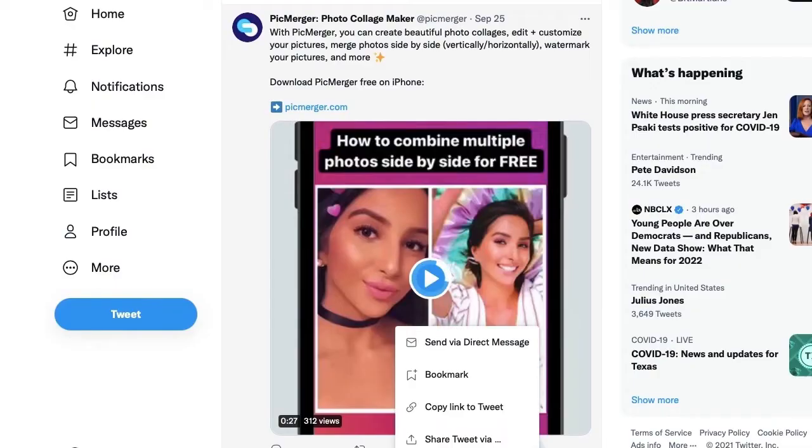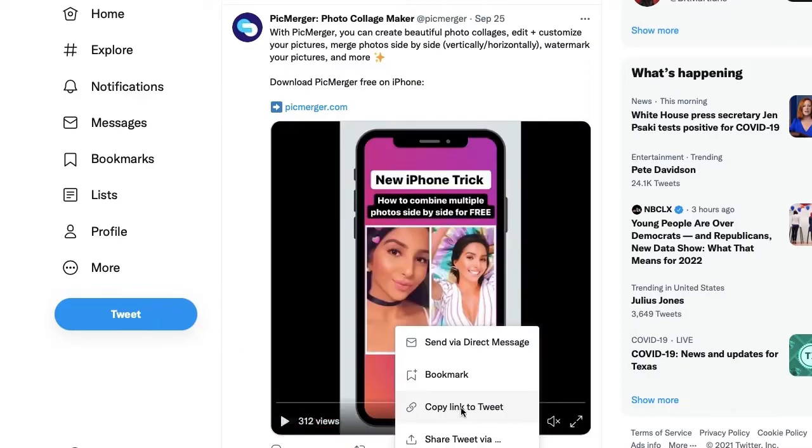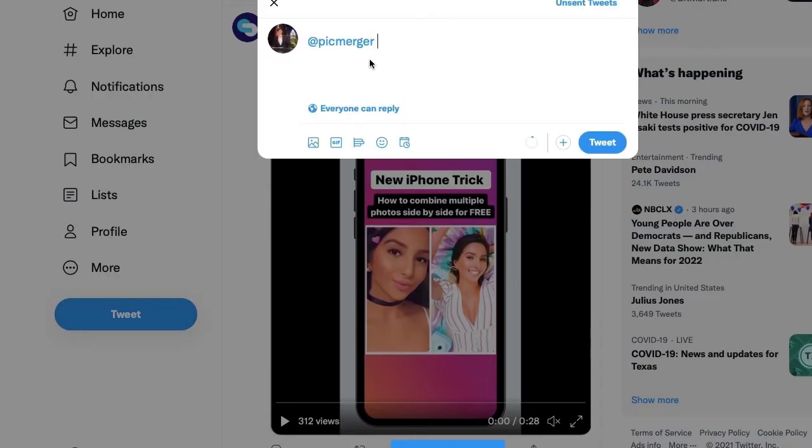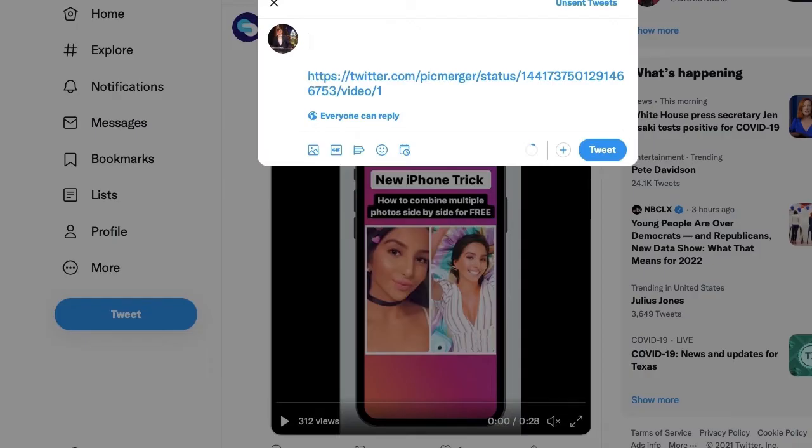Here's how to share videos on Twitter without retweeting them on desktop. It's super easy, just follow these steps. So first, go over to the video that you want to share and click copy link. Paste this link into Twitter as if you're getting ready to tweet, and take away this text right here after the question mark and add this text, /video/1. Type whatever text you want with the video and press tweet.